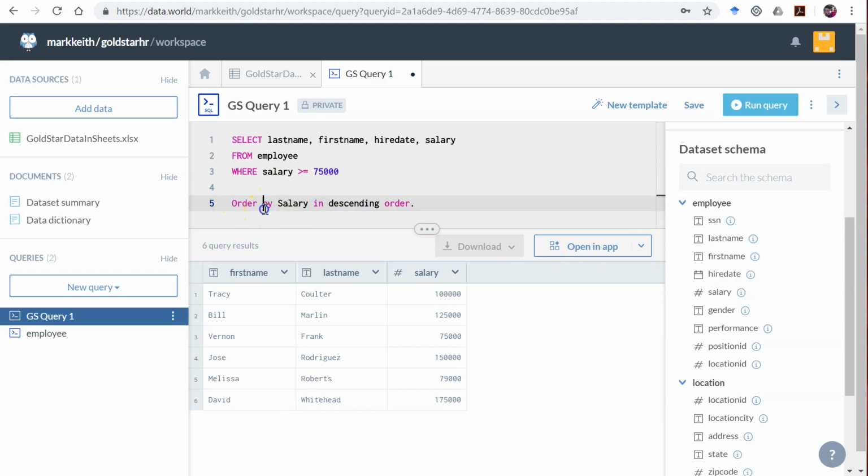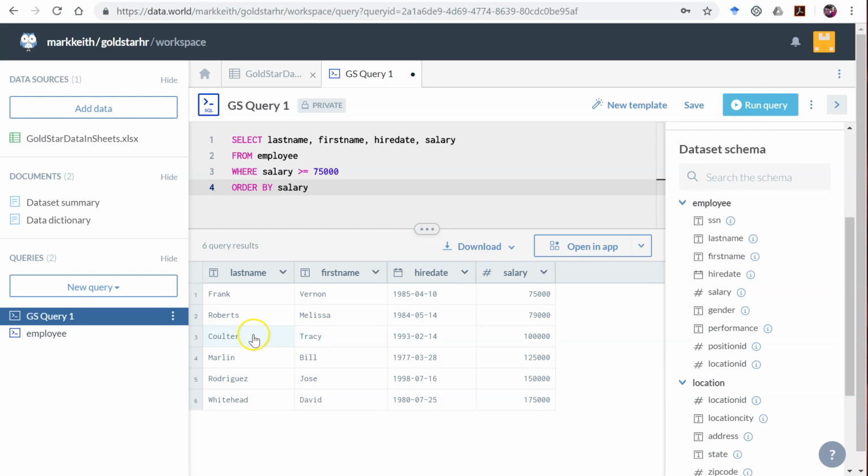And then it says order by salary in descending order. Okay, perfect. To do that, we use the order by clause. And then we put the name of the field, and it says in descending order. Now, by default, it's going to sort in ascending order. Let me show you what I mean here. So let's run that query. So here they are,